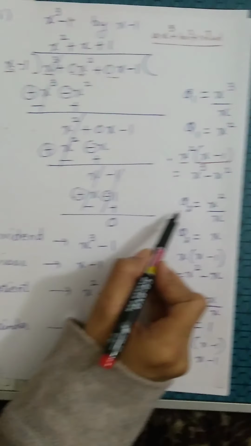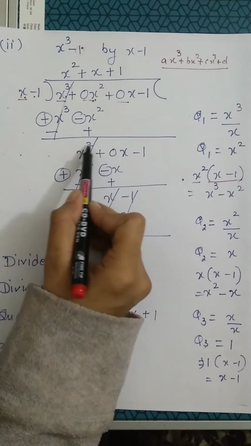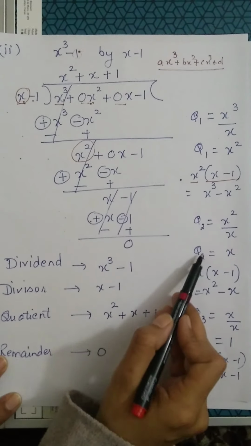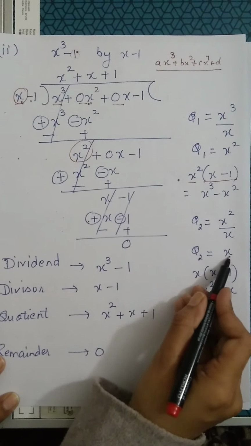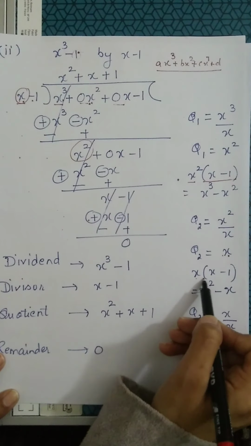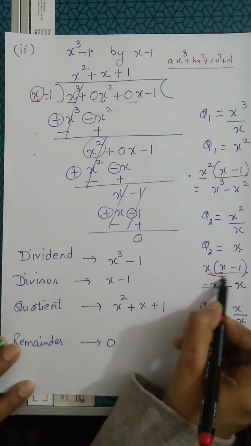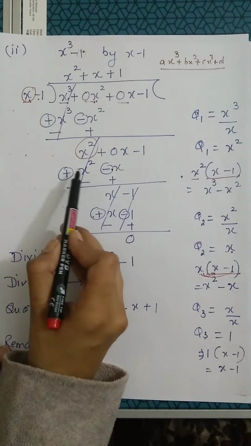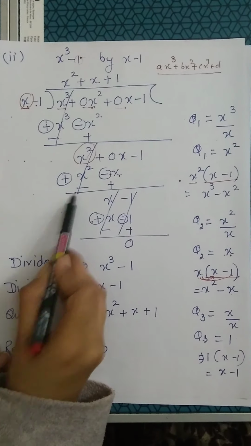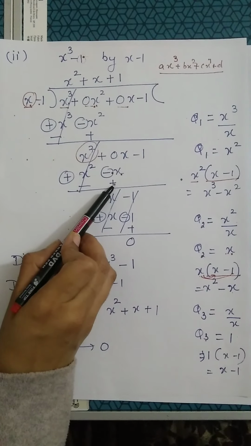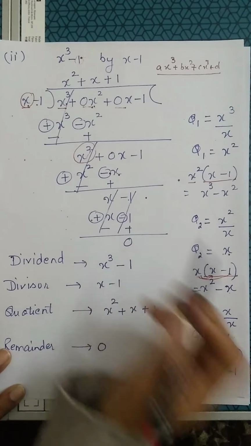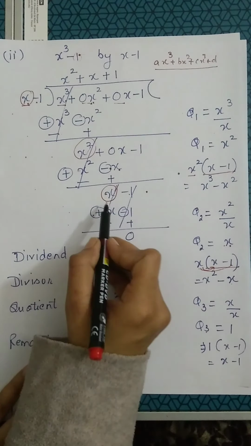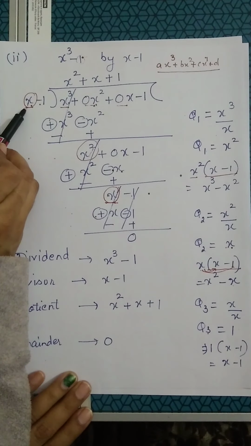Now in order to find the second quotient, the first term is x square and the first term of the divisor is x. After cancelling out, I will get quotient 2 as plus x. Now this x will be multiplied with the divisor again. It will become x square minus x. I will write like terms below like terms. Subtracting them, again x square and x square will get cancelled. Now minus will become plus, giving x minus 1. In order to find the third quotient, terms of x are still there, isn't it? So this is x and here the first term of the divisor is x.